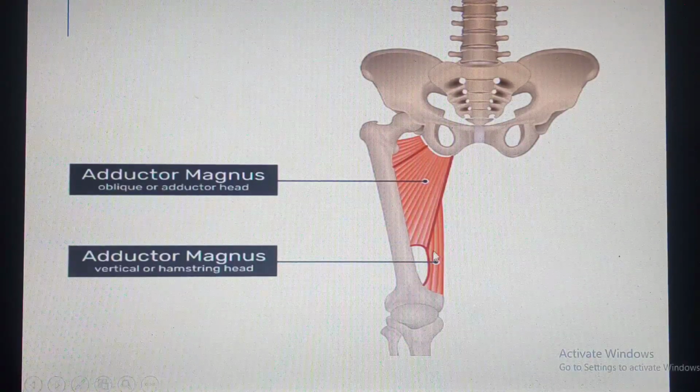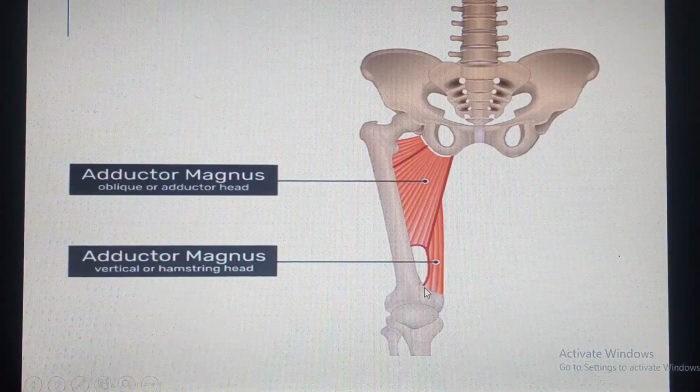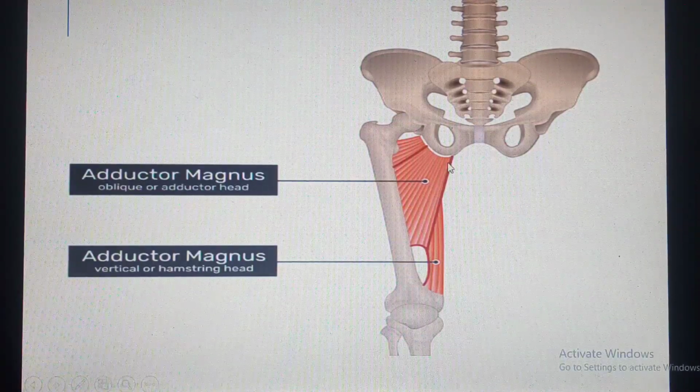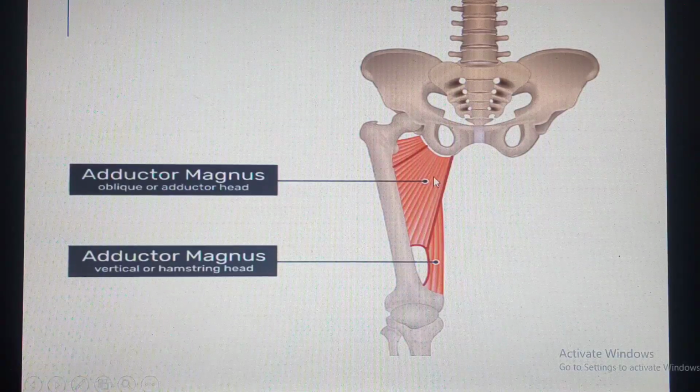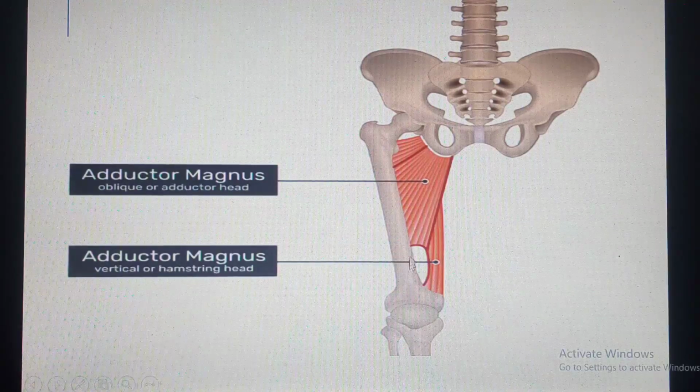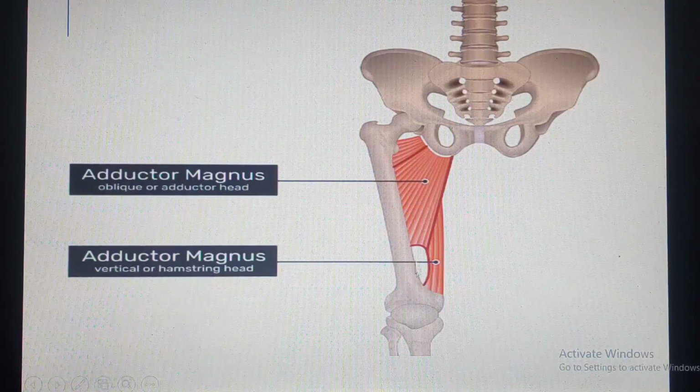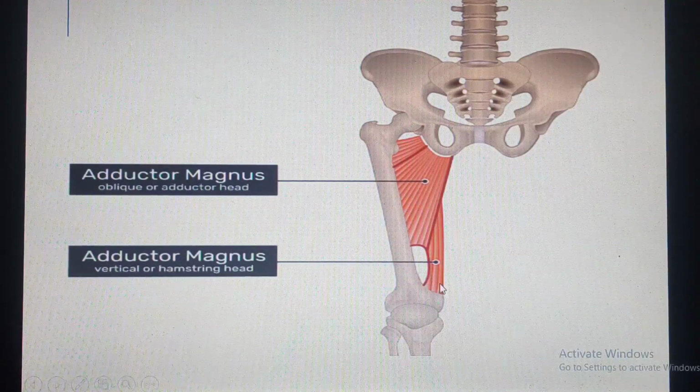But because this vertical head comes all the way to around the knee joint, it's actually going to help in extension of the hip, extension of the lower limb at the hip joint, and of course even at the knee joint. So that is what we are going to find regarding the